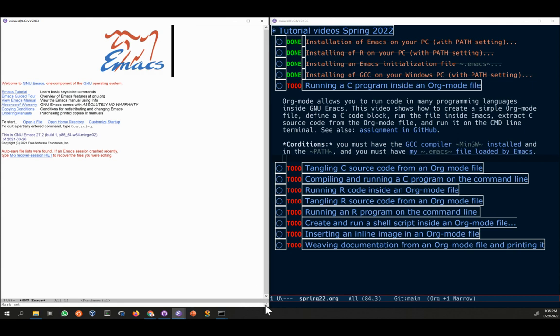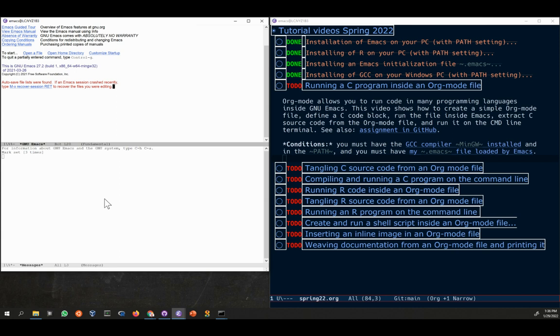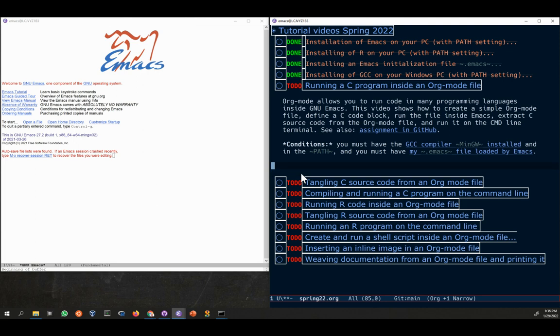And the things to watch, the two areas to watch, of course, in here in the middle, I'm going to talk about that, but often I also talk about the area down here at the bottom of the screen, below this gray area, where you see messages that Emacs uses in order to tell you what it wants and does. So we're going to begin by creating a working directory, a directory in which we can put our files. Create a working directory